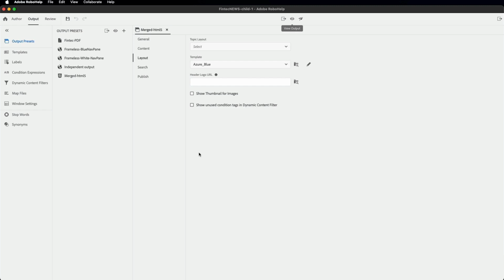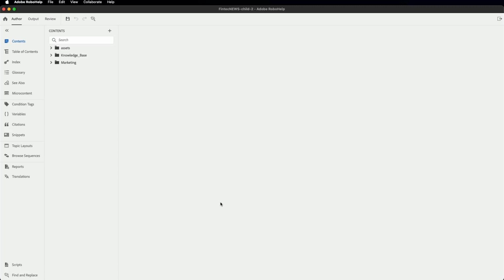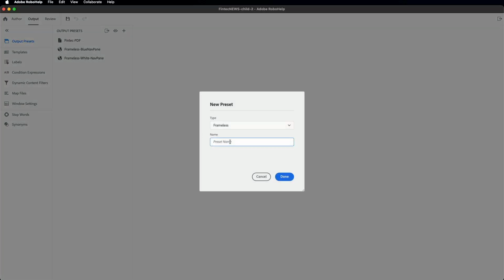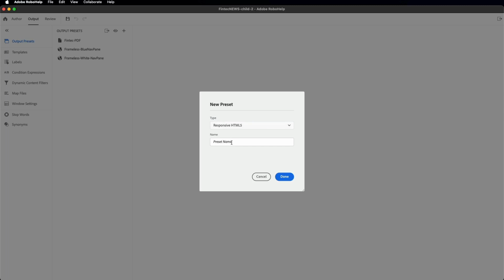That's looking good. We're going to go and save and close. We need to repeat those steps for these 2 projects rather. So we go to child 2, go into output, create a new output. It'll be responsive HTML5. And we're going to do